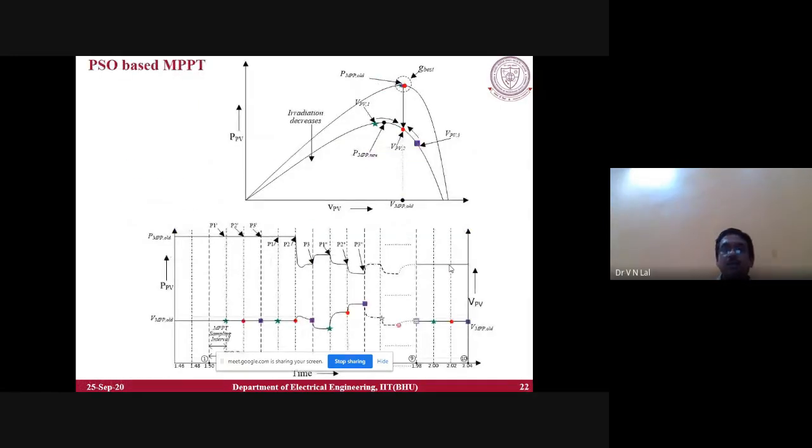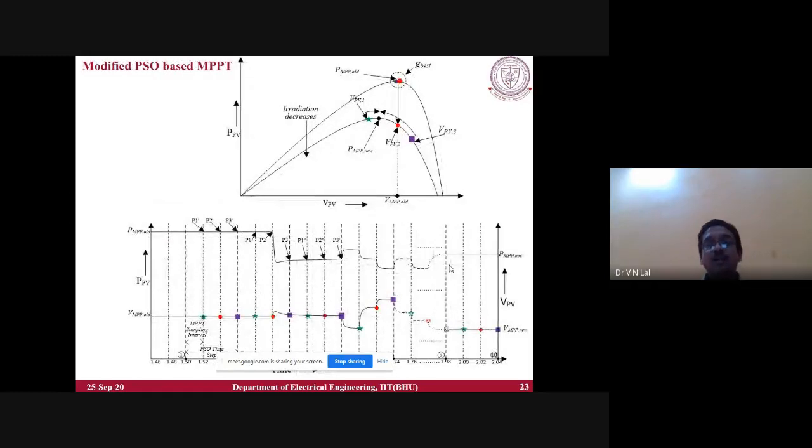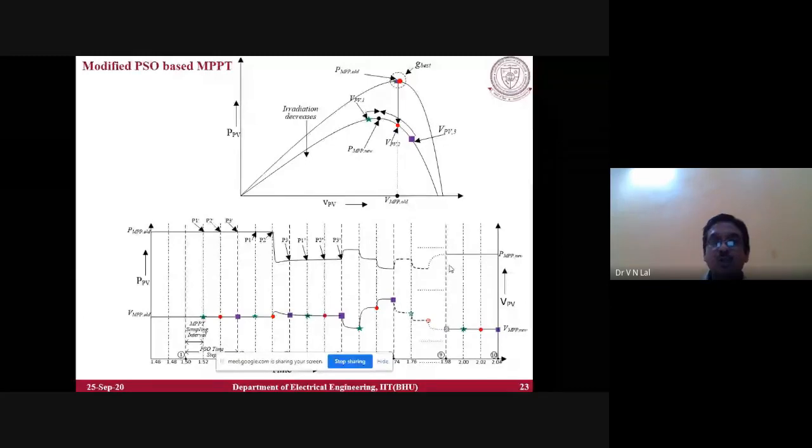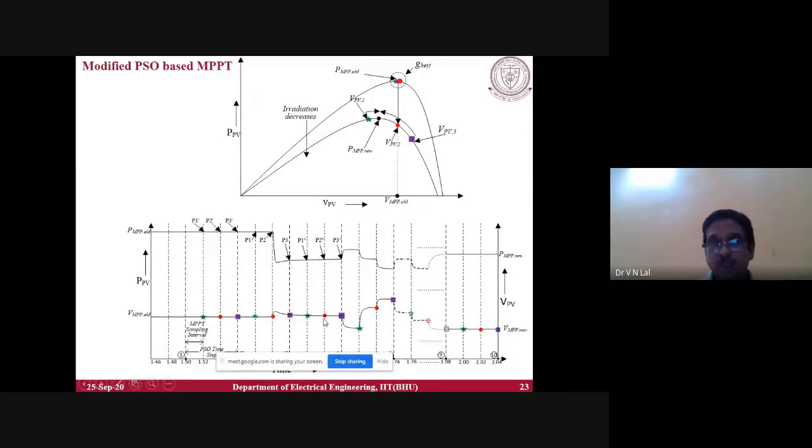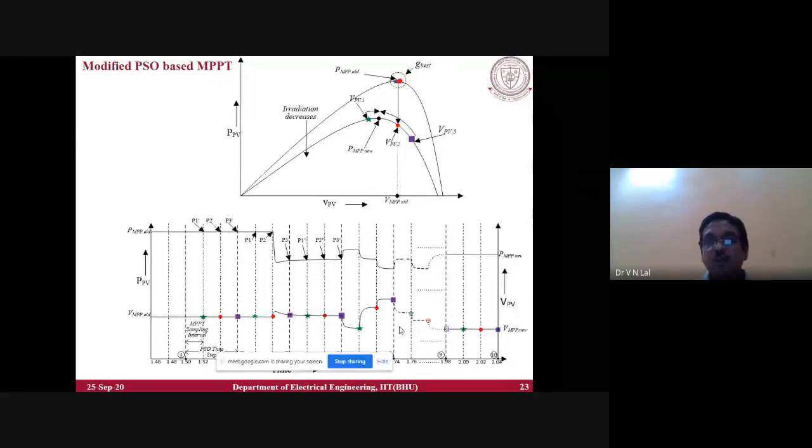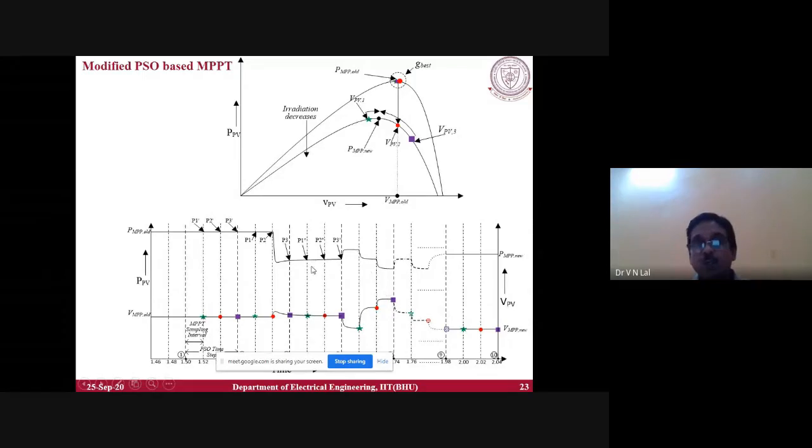What to do? Very simple. One delay of one PSO time step is done. So this delay is provided, so that it is settled to this one. Then reinitialization is done. Before that, reinitialization is not done. So we are providing a simple delay. After then reinitialization is done, then the new power is compared with this one. Obviously,